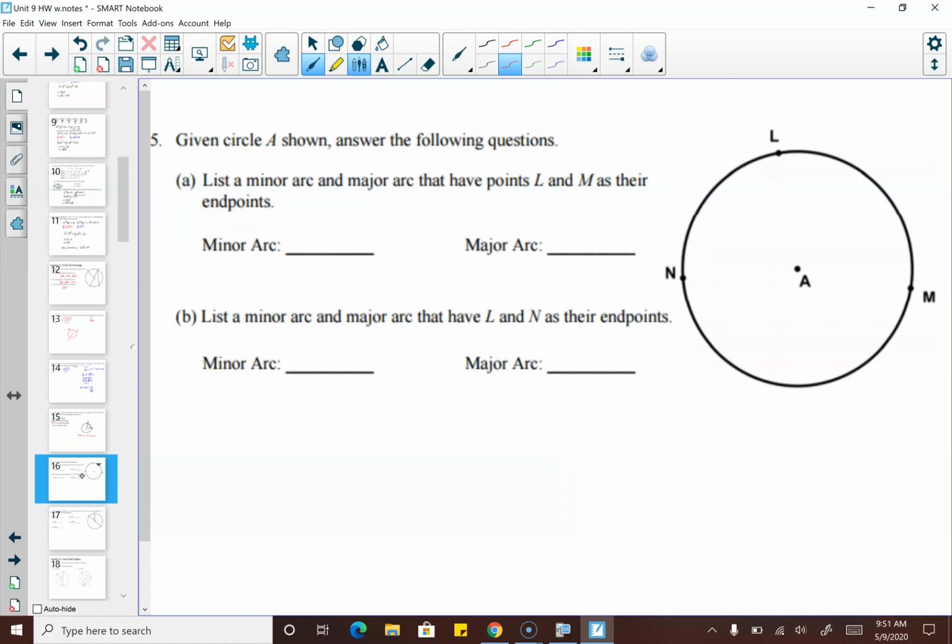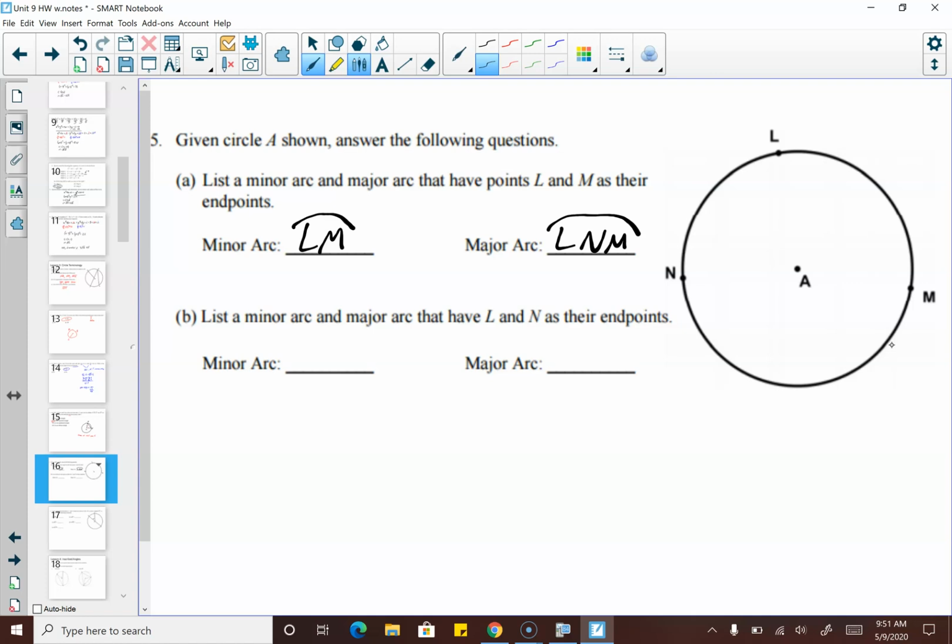Number 5, given circle A shown, answer the following questions. So list a minor and a major arc that have points L and M as their endpoints. So remember, minor, less than 180, so less than half the circle. Major, greater than 180, more than half the circle. So if we want to list our minor arc, it's just going to be the arc LM. All right, short distance. If we want our major arc, well, that's going to be LNM. Okay, by putting the N in there, it tells us that we're going the back route and that bigger route because we have to pass through